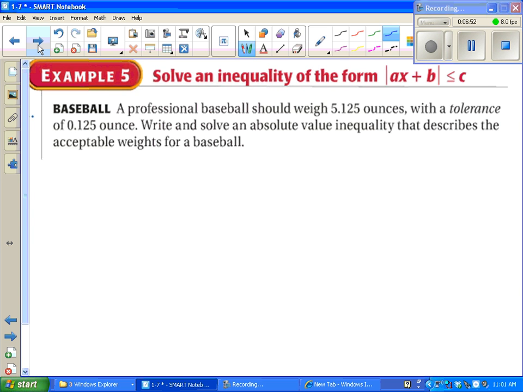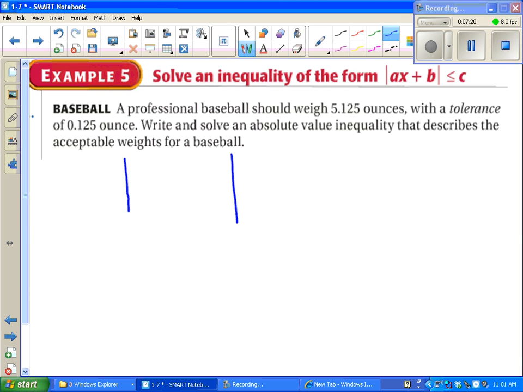Word problem. A professional baseball should weigh 5.125 ounces with a tolerance of 0.125 ounce. Tolerance means it could weigh a little bit more, could weigh a little bit less, and that tolerance number tells you how much more or how much less. If you're outside those tolerance levels, it's not qualified as a professional baseball. So the way we're going to say that is